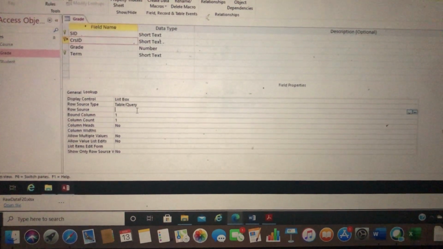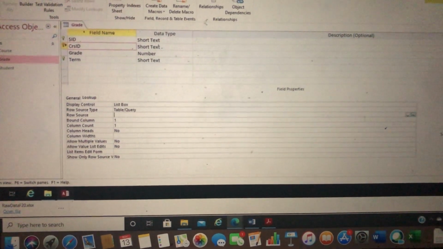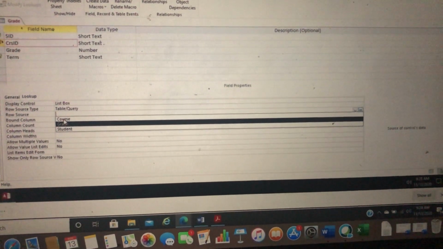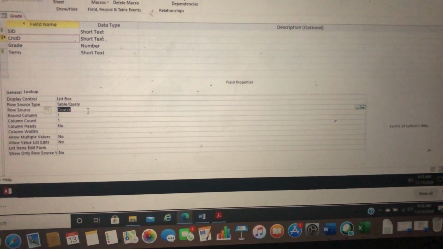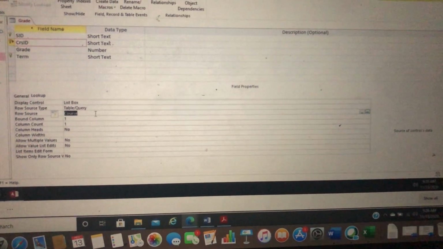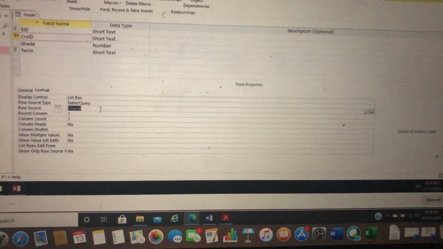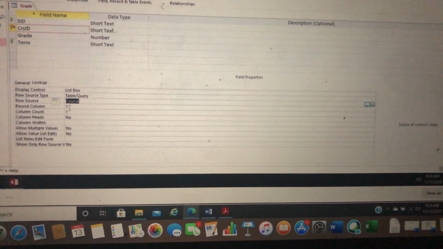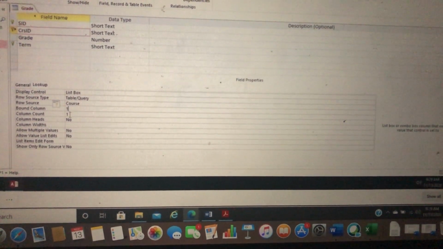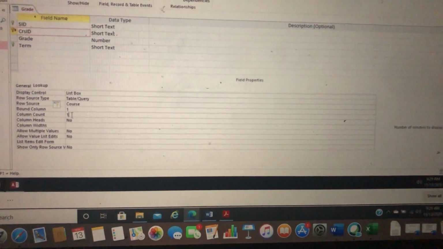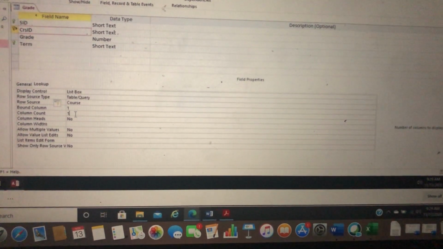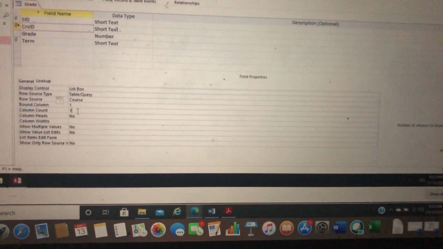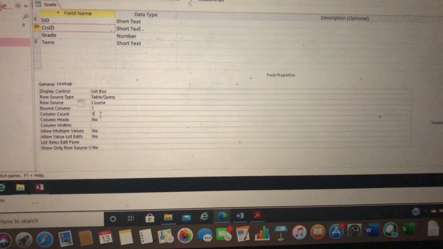But this time, we are going to get information from course instead of student, because course ID information we need to get from course. From the course table, we will find all the course ID information: course ID, course name. And the bound column is still 1. And column count, you can use 1, but normally we use 2 or 3, because if you just use 1, sometimes unless you are very familiar with the course IDs, you know exactly